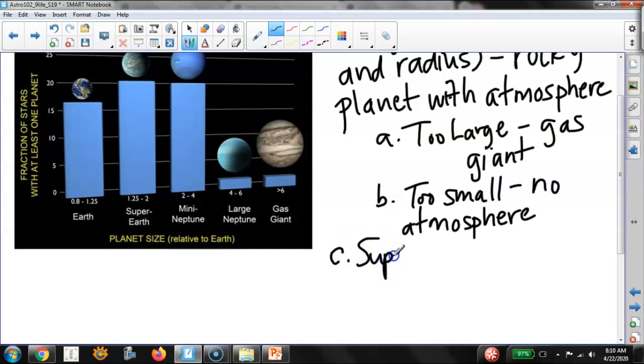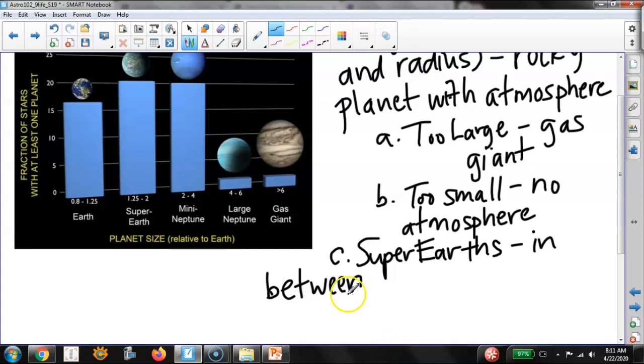I'm just going to write down the term super Earth. I like that one better. Sometimes they split them into two categories, but in general, these super Earths are things that we don't find in our solar system, but seem to be really common elsewhere. So that's a bit of a mystery. They are in between rocky and gas. So they are bigger than Earth, smaller than Neptune,